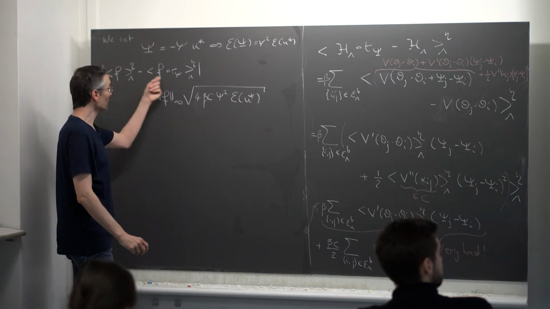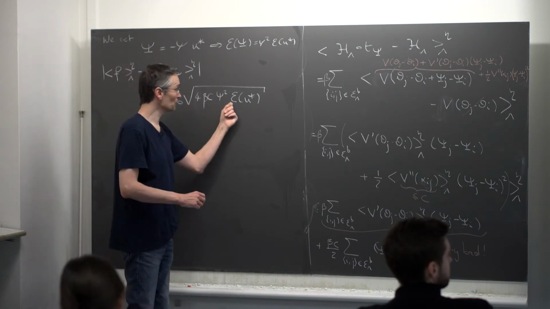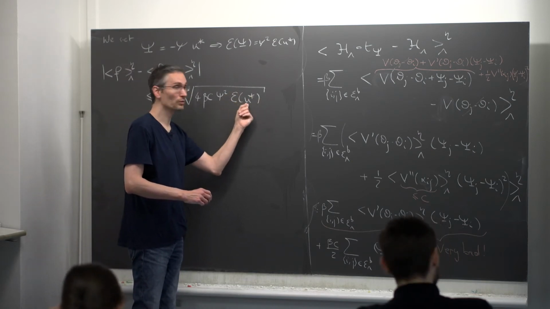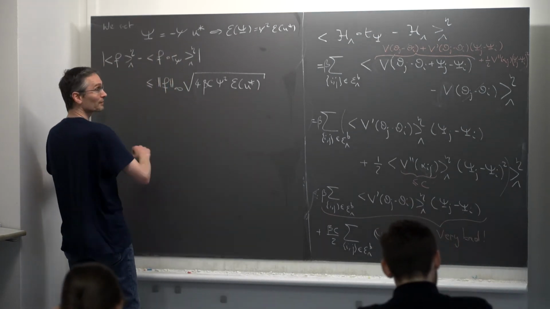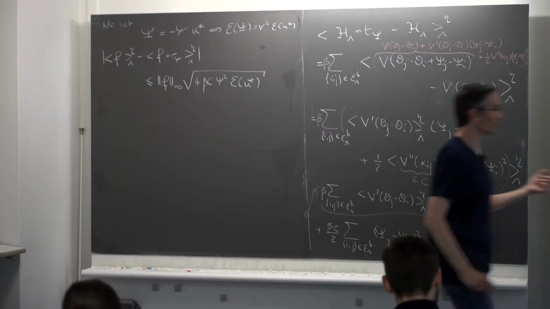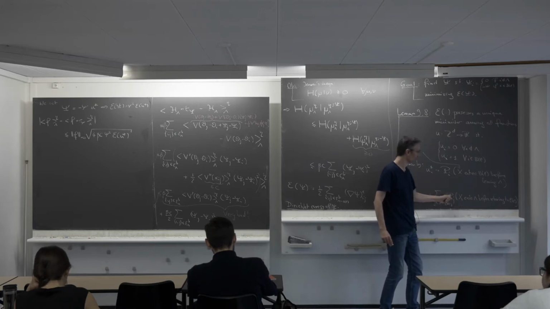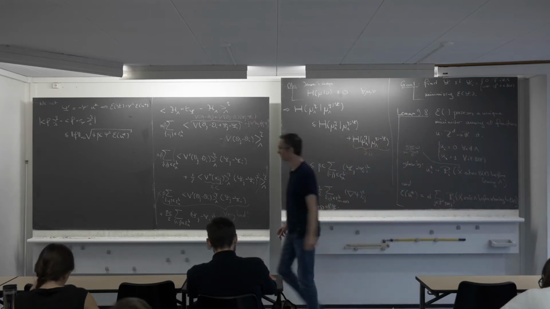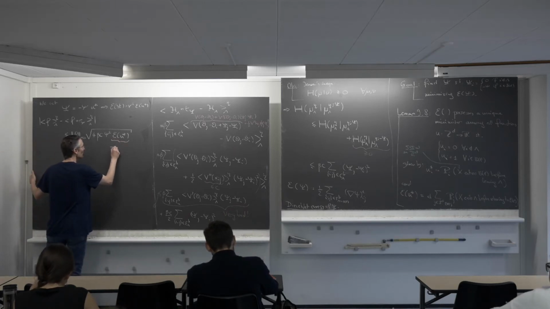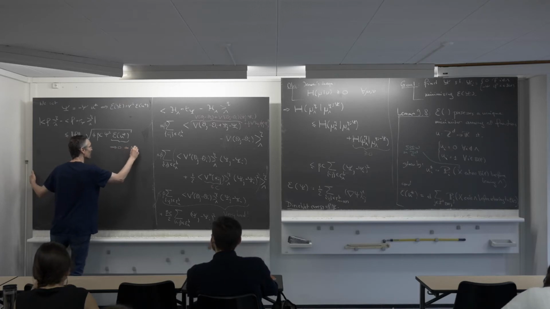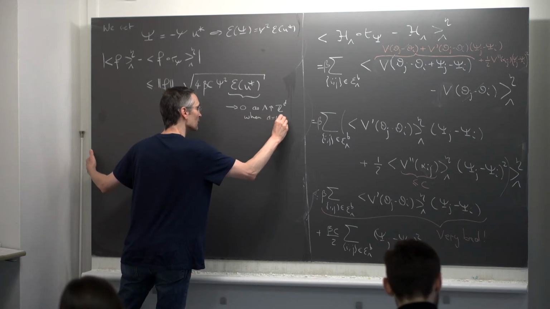So if I want to conclude that this difference goes to 0 as lambda goes to Z^d in dimension 1 and 2, what I have to show is that this energy associated to U star is going to 0. Okay. So let's do it. We have an explicit expression there. So it's a constant times a finite sum times a probability. So if it has to go to 0, this probability has to go to 0. So let me just look at the probability. So my claim is that this goes to 0 as lambda increases to Z^d when d equals 1 or 2. That's what I want to show.